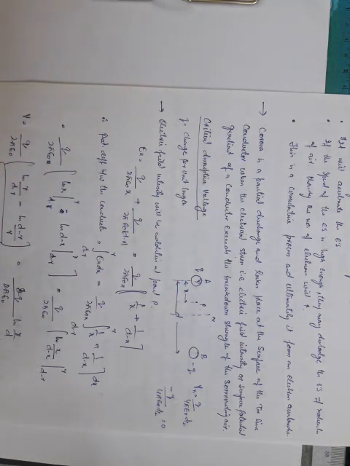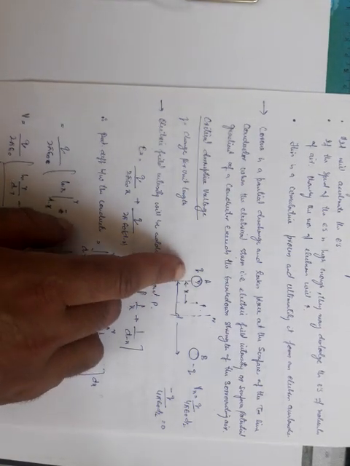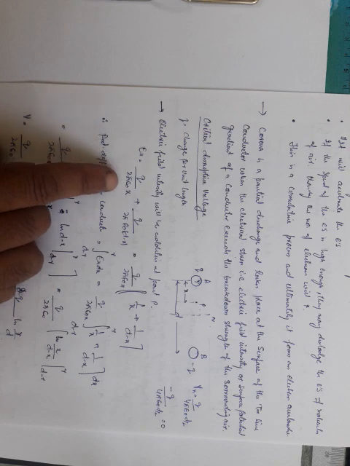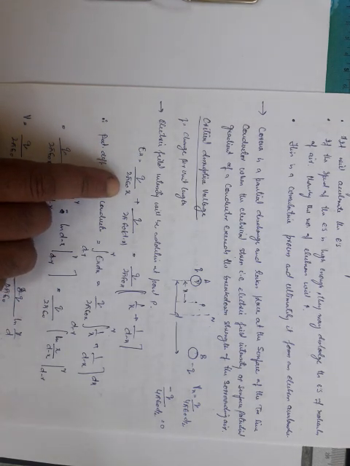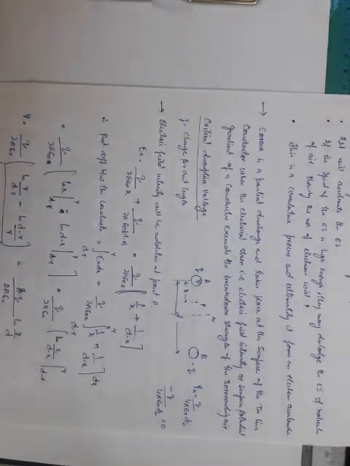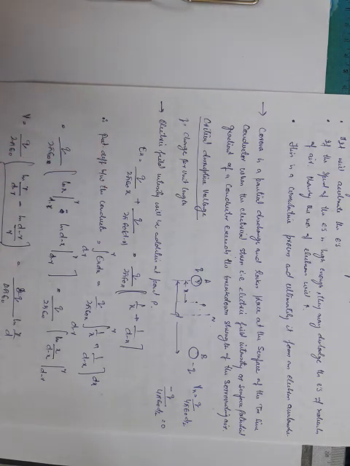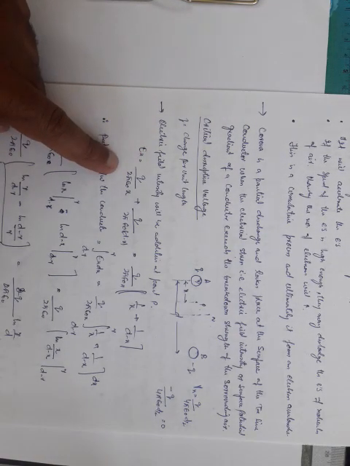Again, we assume charge to be charge per unit length. Now we will calculate the electric field at point P, which is at distance x, because of charge q and charge minus q. That will be equal to q divided by 2 pi epsilon 0 x, because we are calculating the electric field at a point x from an infinitely long conductor. Last time we calculated this; it will be equal to this expression.